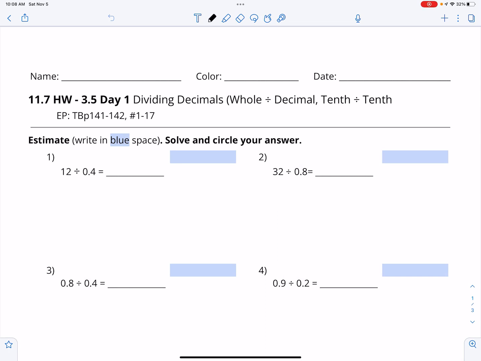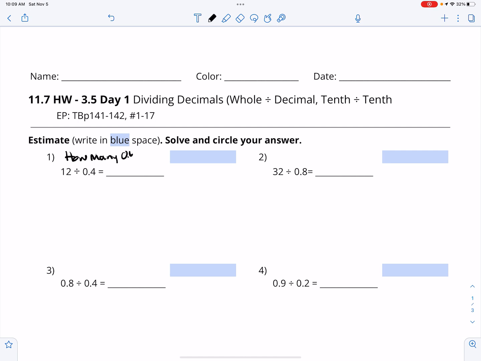All right, here we go, dividing decimals. So making estimations for this one or figuring out a reasonable answer is going to be a little bit more difficult than in previous concepts, but I still think it's a good practice. So when we look at question number 1, I know that I'm trying to figure out how many